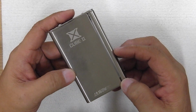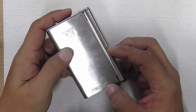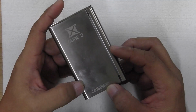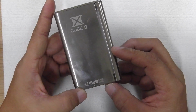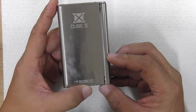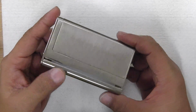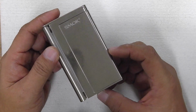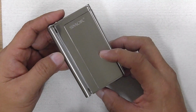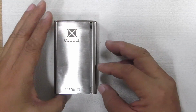This is the SMOK XCube II, and it's got that laser edge etching on the device itself, the logo of the XCube II, and also here you have 4.0 Bluetooth, 160 watt temperature control TC, which is quite a nice looking device. As I mentioned, it's a metallic brushed finish with a slight tinge of gold,